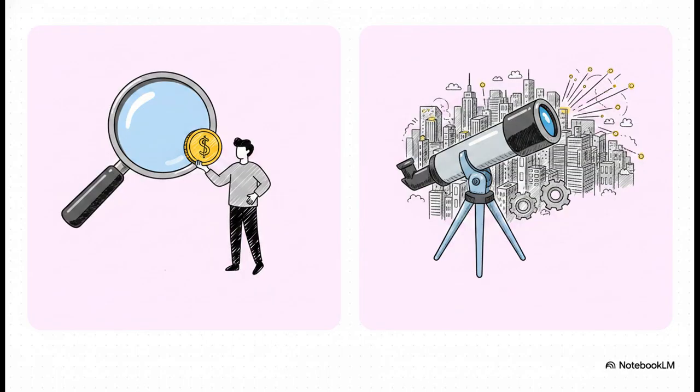We also look at this whole game through two distinct lenses. Microeconomics zooms all the way into the individual units, using supply and demand to price a single commodity. Macroeconomics, however, pulls the camera all the way back to look at the aggregates. We're talking national output, total employment, and the overall health of the entire country.